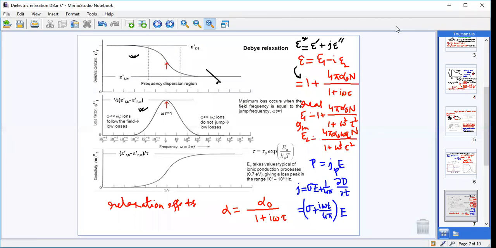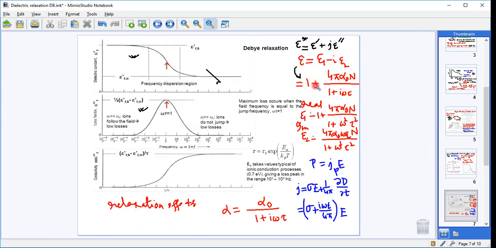in the presence of relaxation effects, the dielectric constant may conveniently be written as the complex quantity epsilon star equals epsilon prime plus j epsilon double prime, or epsilon can be simply written as epsilon 1 minus i epsilon 2, where the dielectric constant is taking the local field as equal to the applied field. So if the functional form looks like 1 plus 4 pi times alpha naught n divided by 1 plus